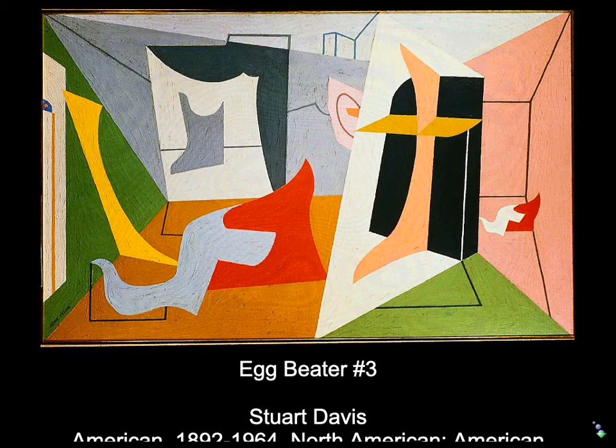So from there we might move to a work like this, Egg Beater number 3, which is a pretty radically abstracted work. He's been thinking a lot about cubism and fauvism and how it works. He decided that to make that transition, he needed to do a deep experiment. And so he took a rubber glove, an egg beater, and a fan. He nailed them to a board as a still life motif, and he painted and drew that, nothing but that, for almost a year. And in that process, he got so familiar with the forms that he was able to become fluid and let them distill down to be more abstract kinds of forms.